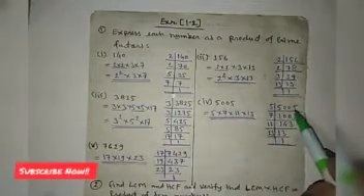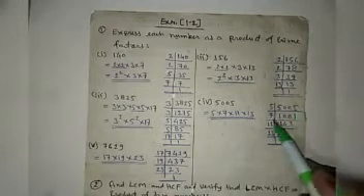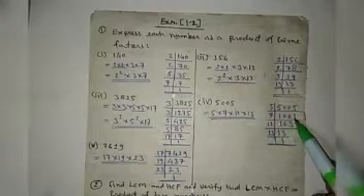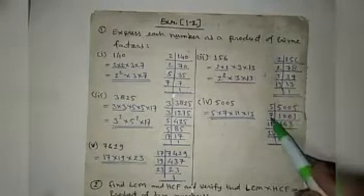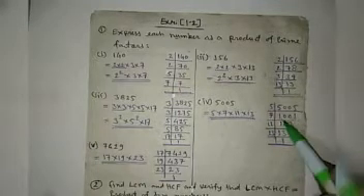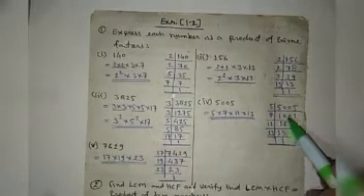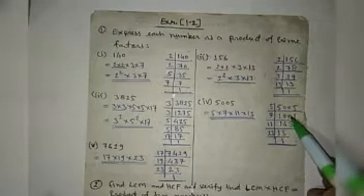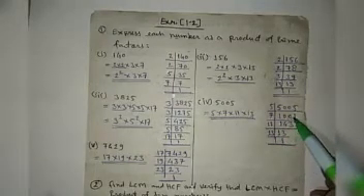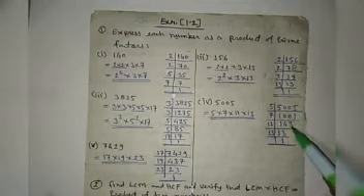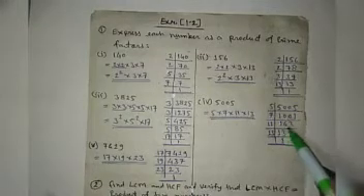The next number is 5005. So here the last digit is 5, so it is divided by 5 and it gives 1001. Then it is again divided by 7. 7 1s are 7, remainder is 3, it will be 30. 7 4s are 28, remainder will be 2, the number will be 21. 7 3s are 21. So it gives 143.